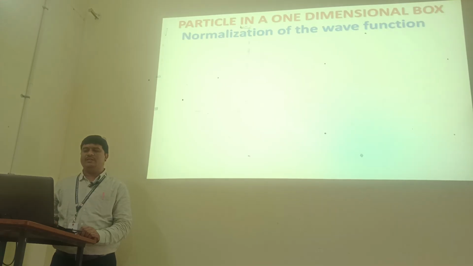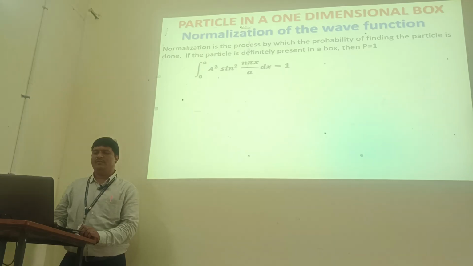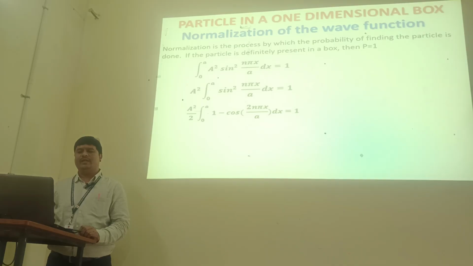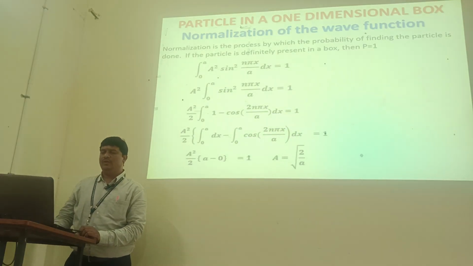Then finally we get the normalization of the wave function. In the normalization of the wave function, we integrate the wave function equation: the integral from 0 to a of A square sine square n pi x by a dx equal to 1. Then after solving this, we get the